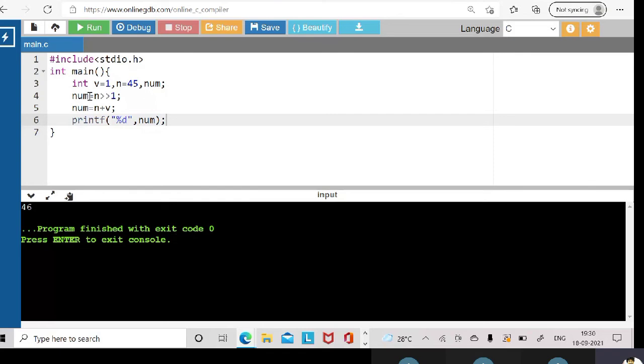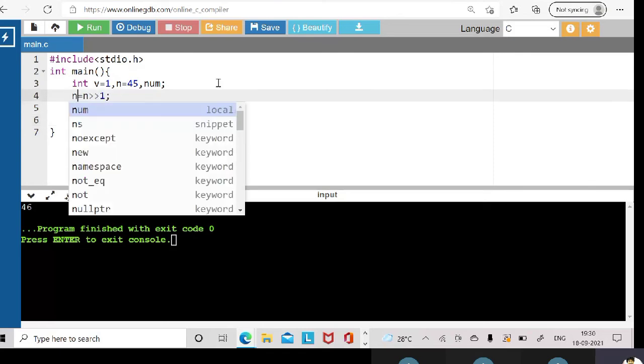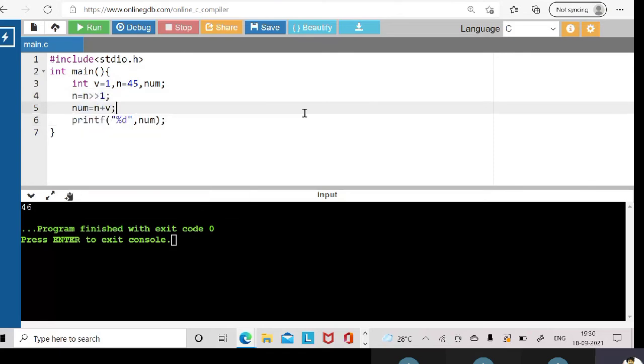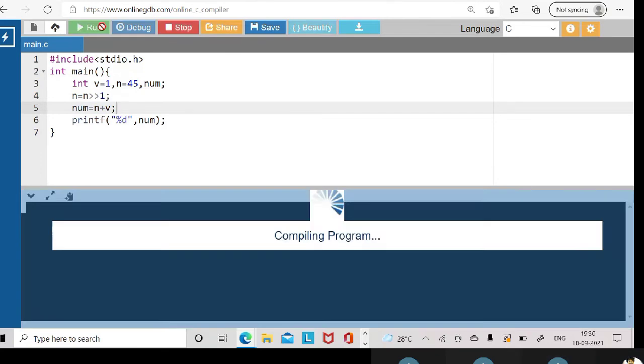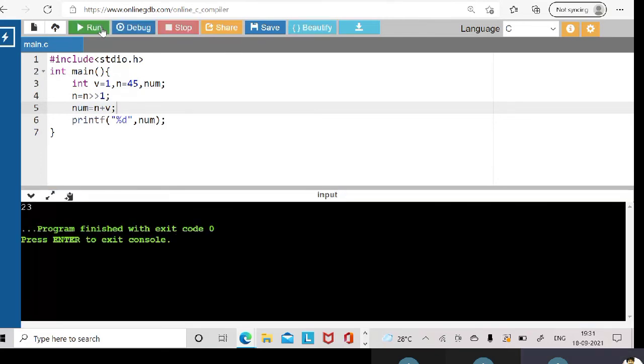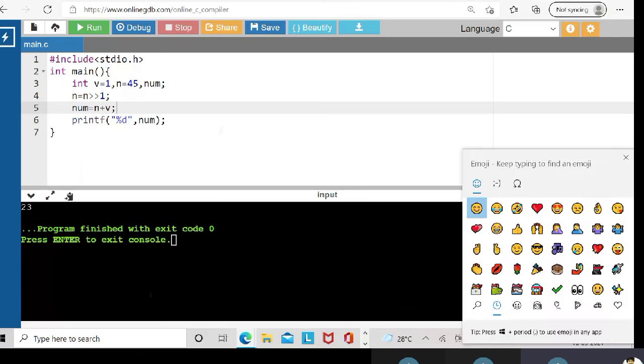Just think that I have written only n right shift 1. The answer is 23, right?